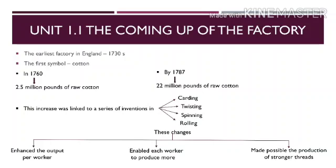This increase was linked to a number of changes within the process of production. Let's look at some of these. Number one, a series of inventions in each step of the production process, like carding, twisting, spinning, and rolling. These inventions enhanced the output per worker, enabled each worker to produce more, and made possible the production of stronger